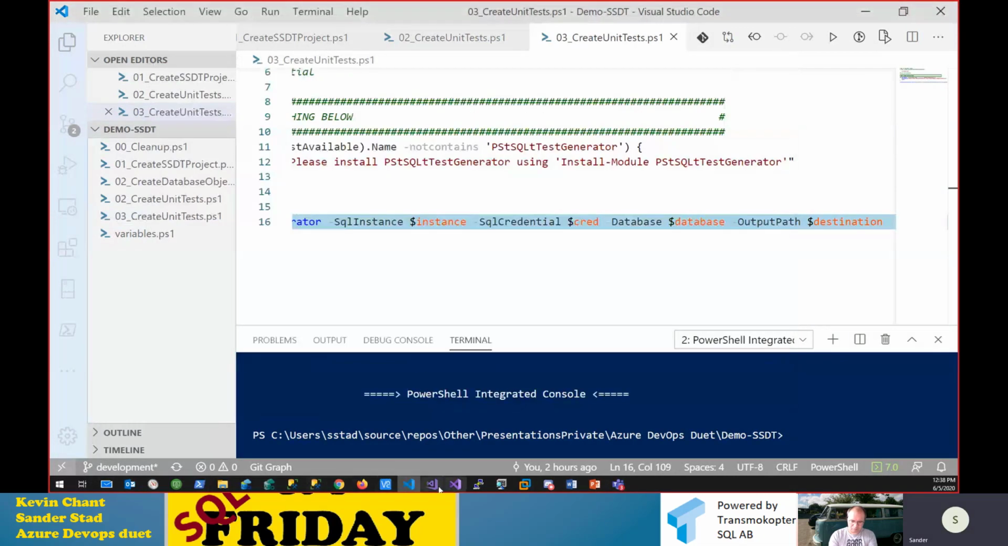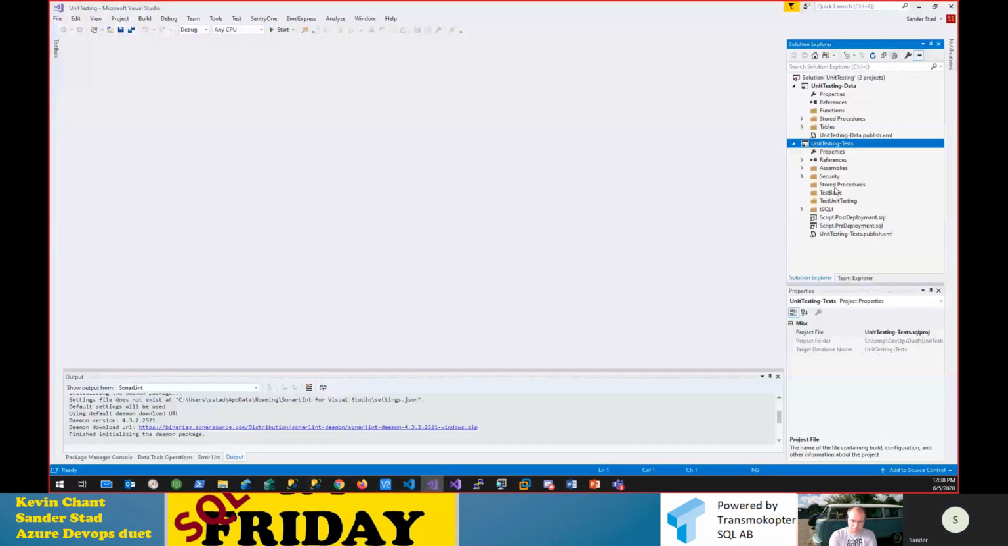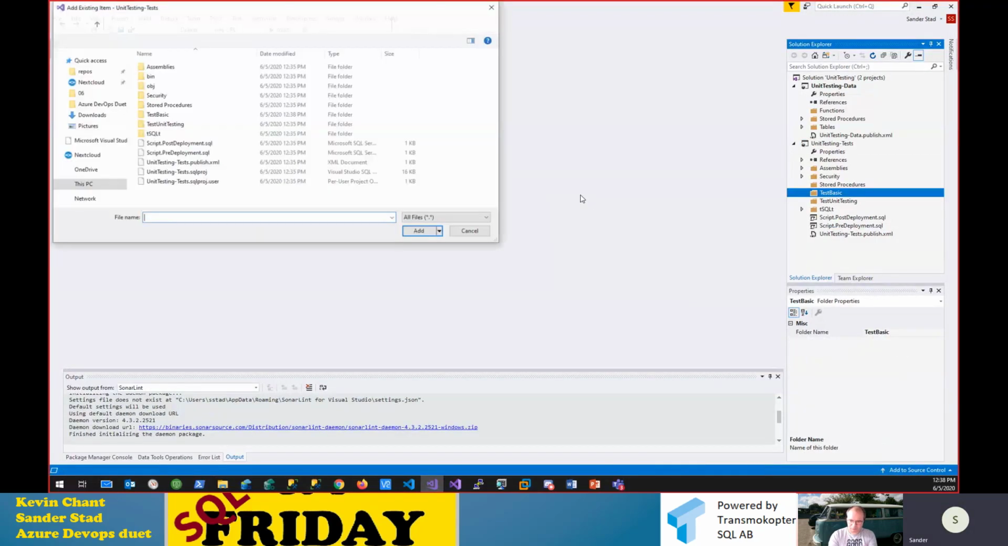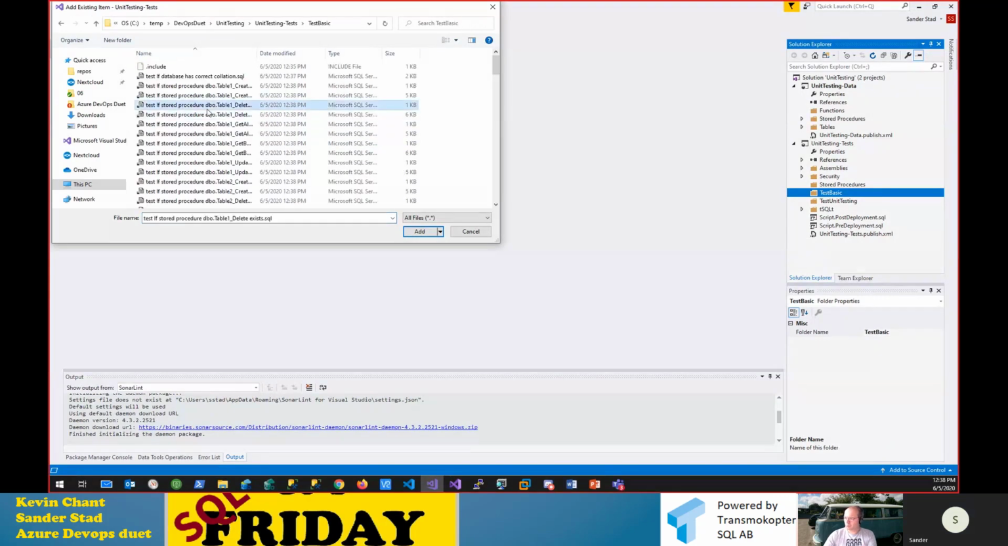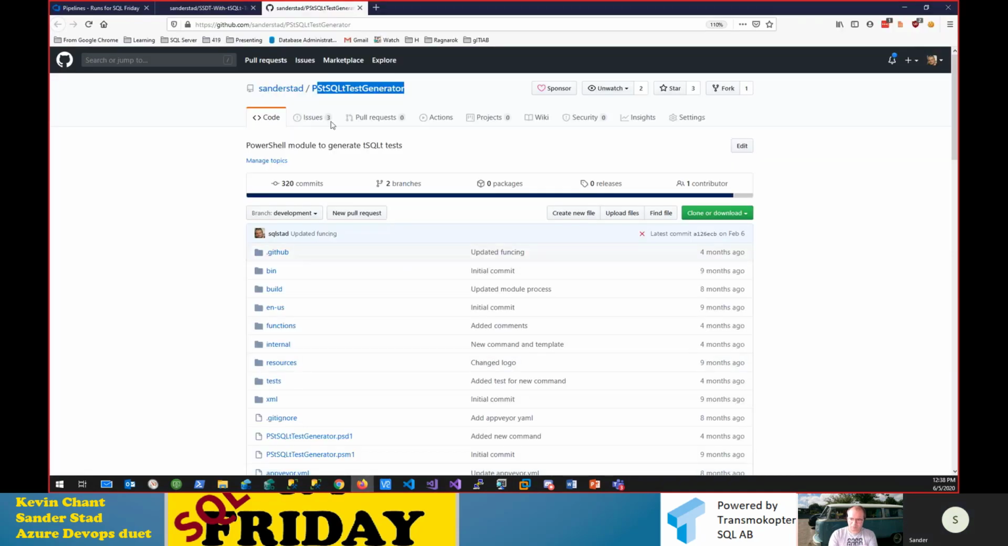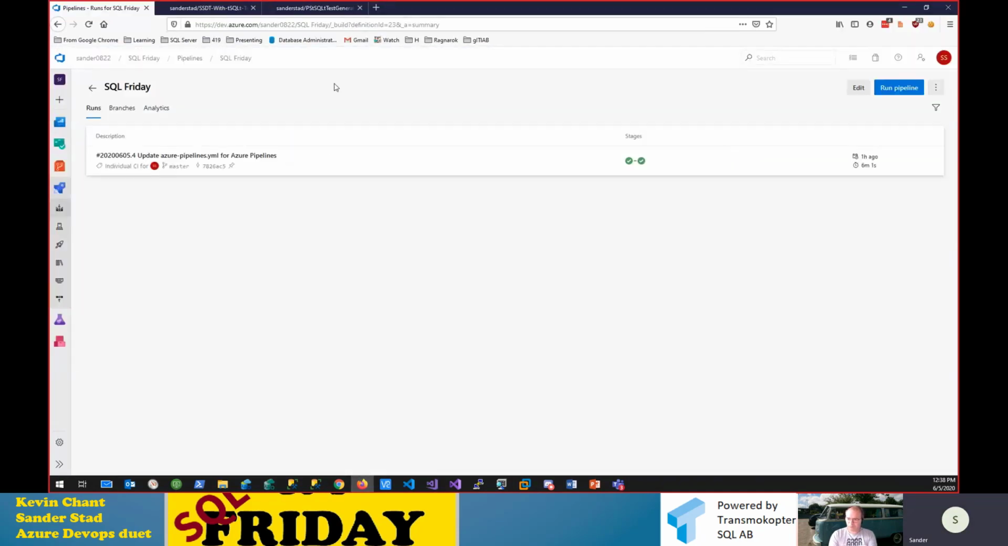And now we're going to go back to Visual Studio and say, let's add our existing items, a directory, select everything, and do an add. Now I have my entire solution done. I can do unit testing, I can deploy my models, and I already prepared this for you before this session,